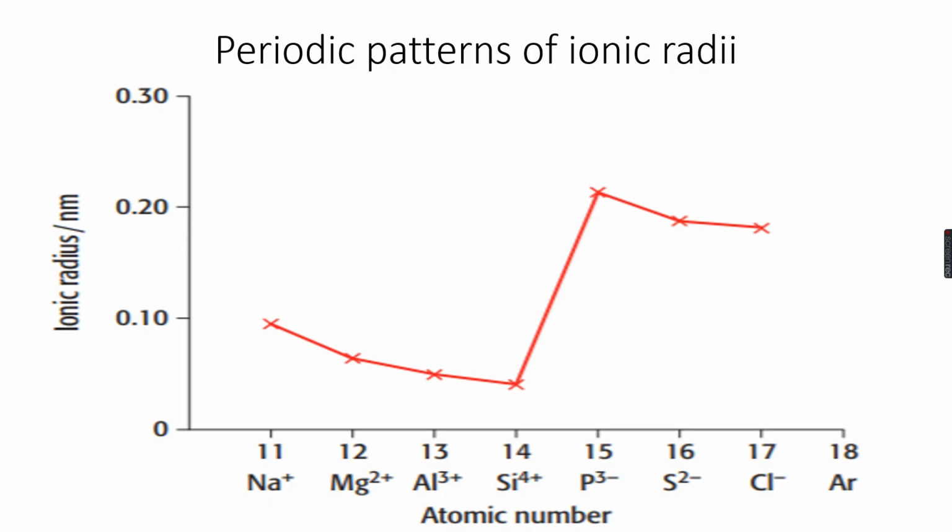However, if you look at phosphorus, sulfur and chlorine, if you look at their ions, they are forming negative ions, right? Which means they are gaining electrons. So they are not losing a shell. They already have the outermost shell, which was initially there, which is getting more electrons now. However, from sodium to silicon, we are actually losing the outermost shell when we are forming ions. So that's why phosphorus, sulfur, and chlorine, their ions have